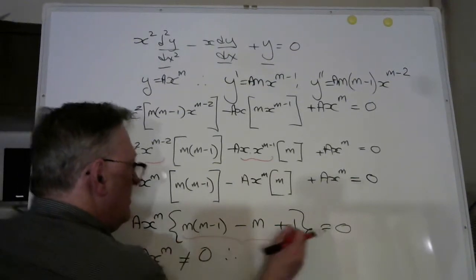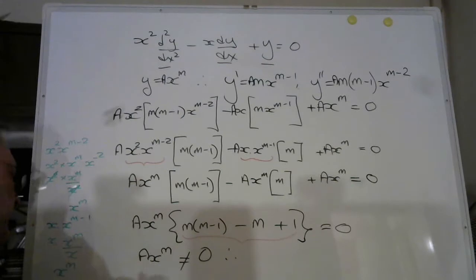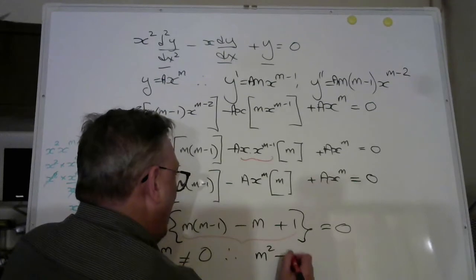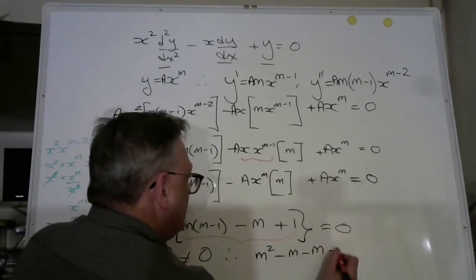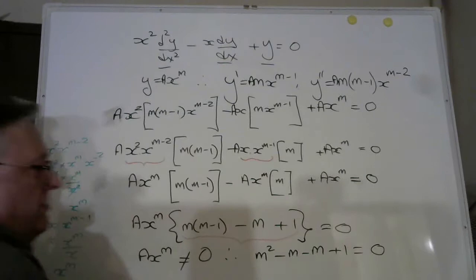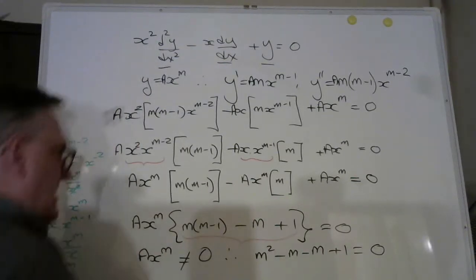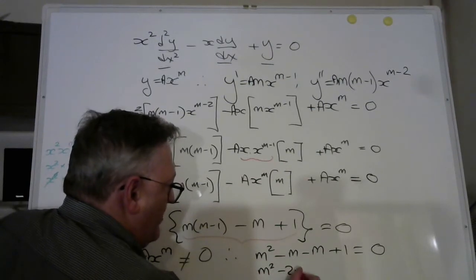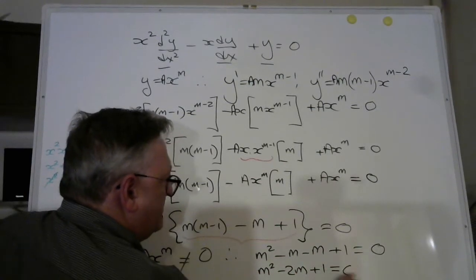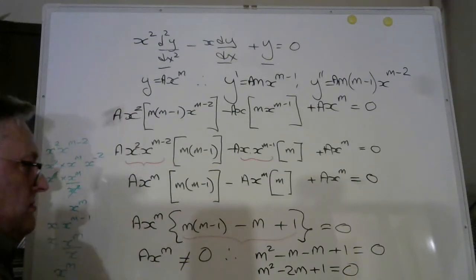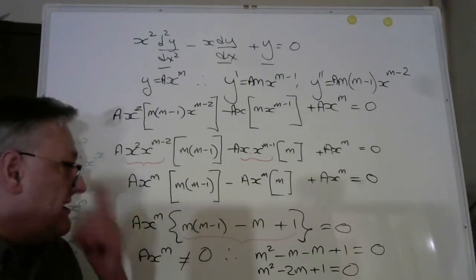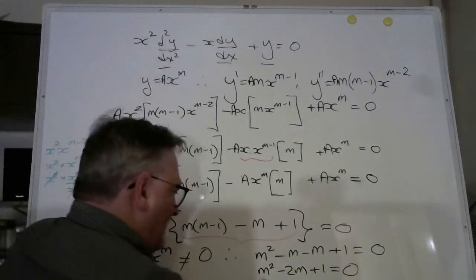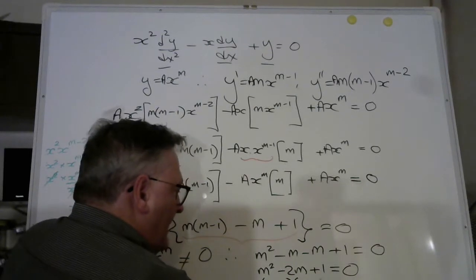this part here, the quadratic, becomes m squared minus m plus 1 equals 0. We can simplify that and we can write m squared minus 2m plus 1 equals 0. So what are the roots of that quadratic equation? Well, we can solve this really easily by factorising it. And what we find is that we've got